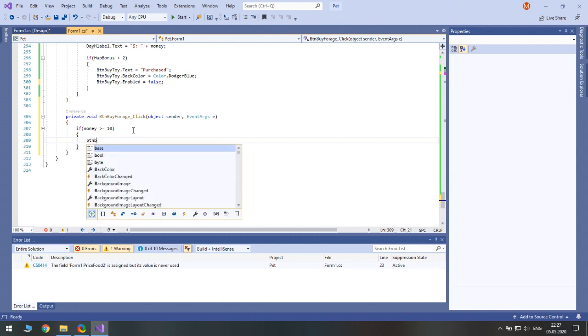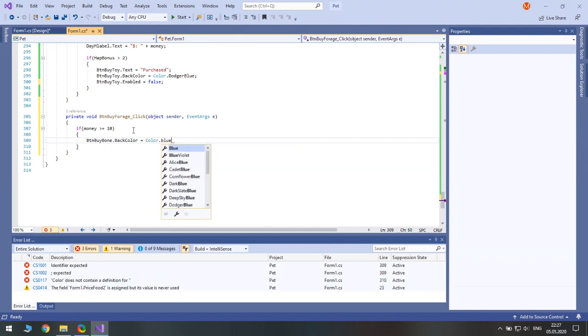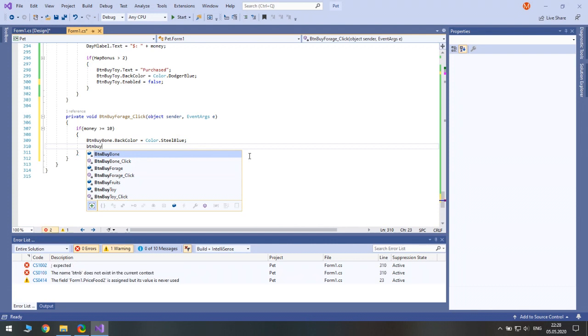So button by bone back color equals color, well, let's take steel blue, and we set its text, so button by forage text equals to